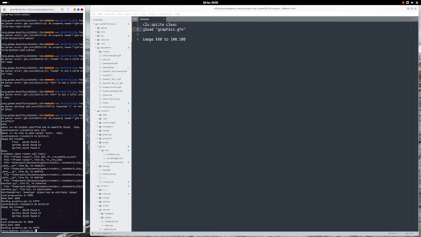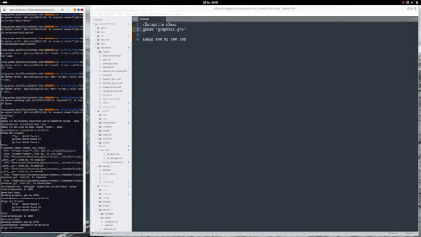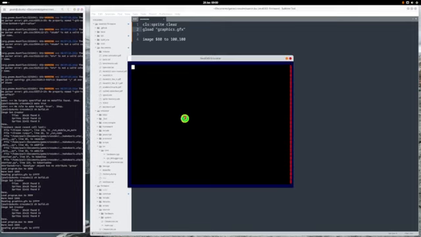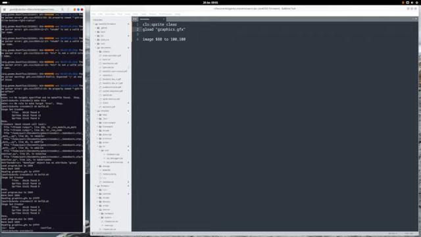And if we run this, we get that, which is sprite image 0, or 16 by 16 image 0. Tiles start at 0, 16 by 16 tiles start at 128, and 32 by 32 tiles start at 192. Okay, so